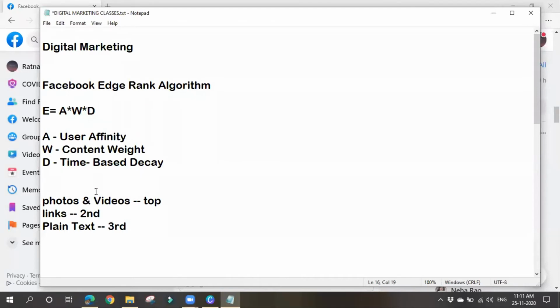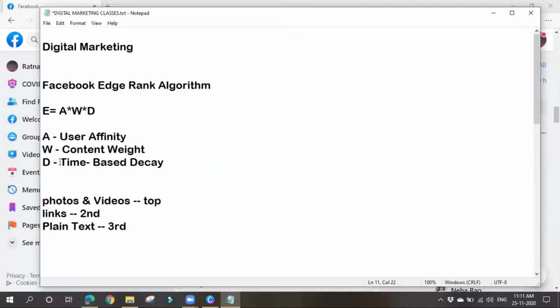So when you are posting any content about your business, please keep these things in mind. Photos and videos will be given more priority, links second priority, and plain text third priority. So content weight is nothing but the EdgeRank algorithm giving some priority to every post based on the post type.